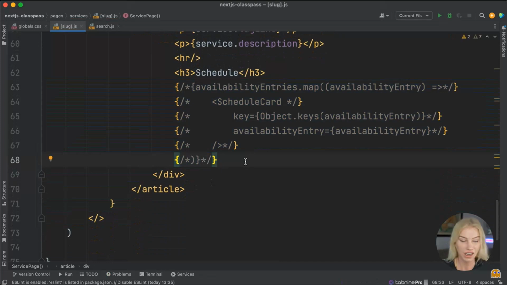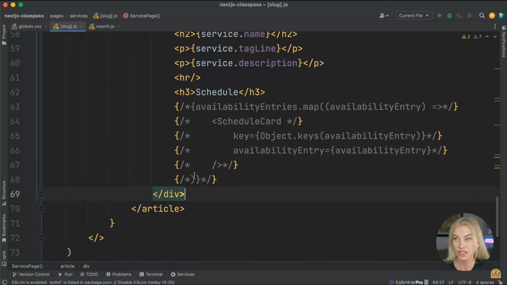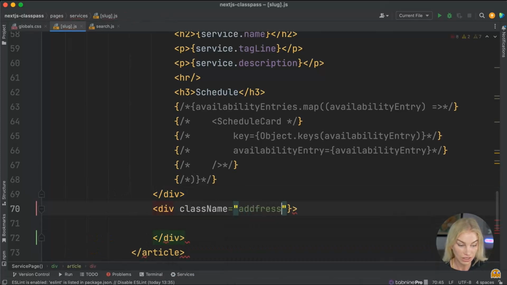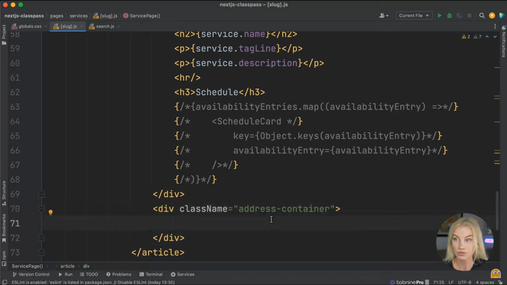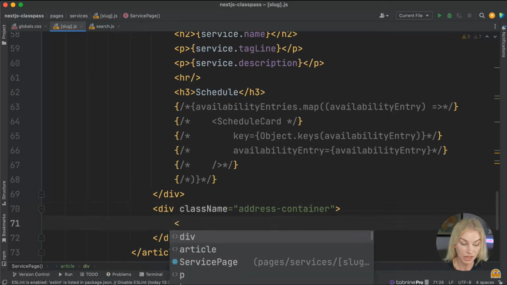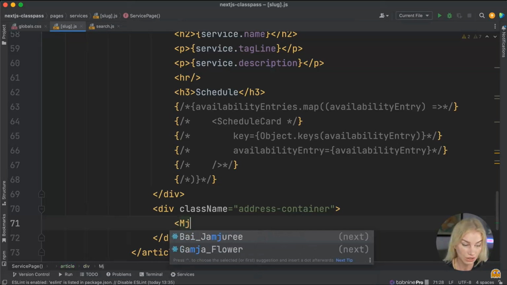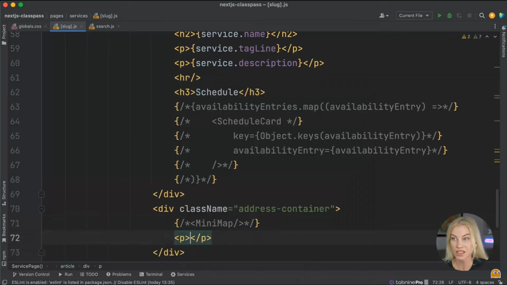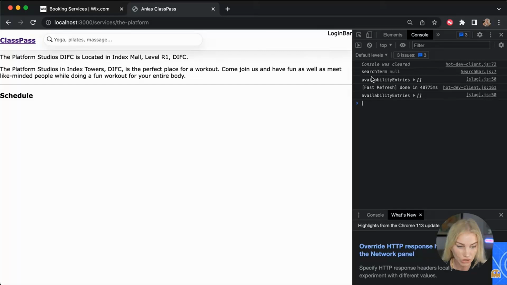And next, actually after this whole info container, I'm going to create an address container. So I'm going to give this the class name of address container. And I am also going to have a mini map here in which we pass through the longitude and latitude. So mini map. Again, I will be creating this later. And apart from that, I'm going to just have a P element that is essentially going to show the location. So we need to essentially,